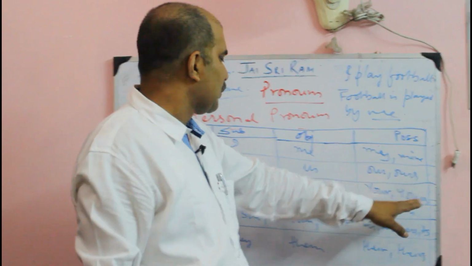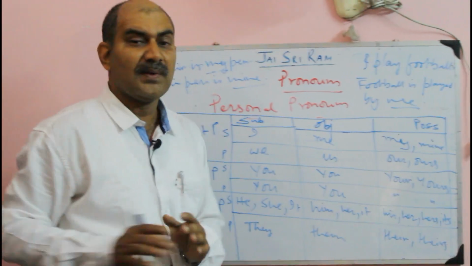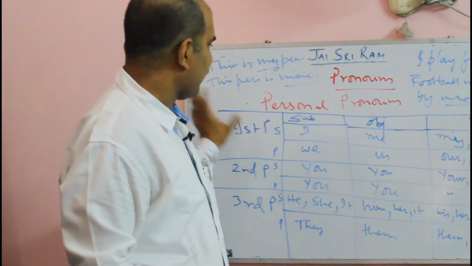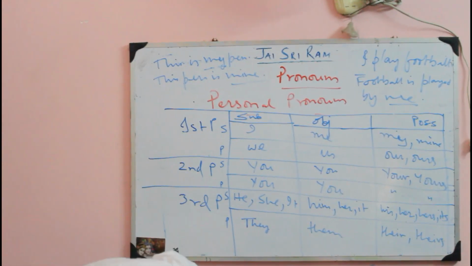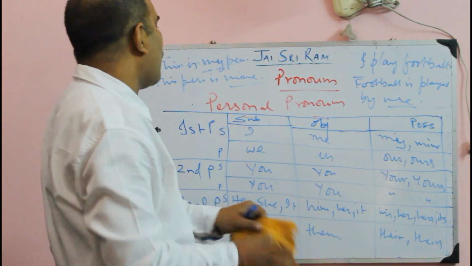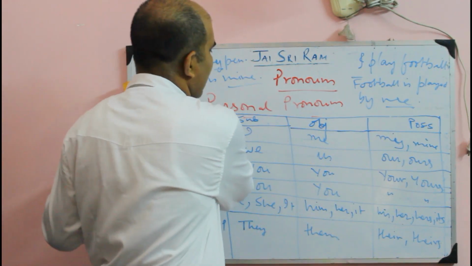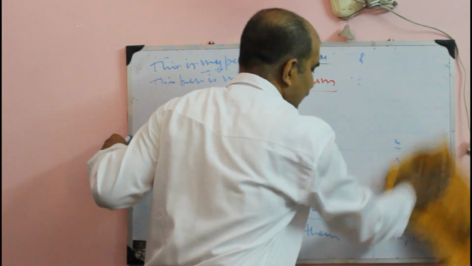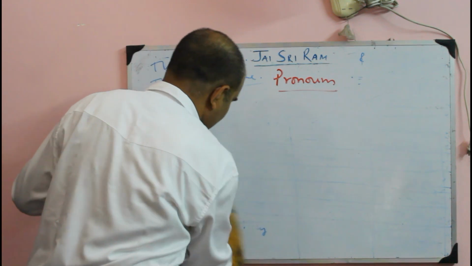So out of these two, you are getting possessive cases. One is used as a possessive adjective, and another one is used as a possessive pronoun. So this is the basic concept of personal pronouns. Okay, so let me move on to the next two categories from personal pronouns, and those two categories are,